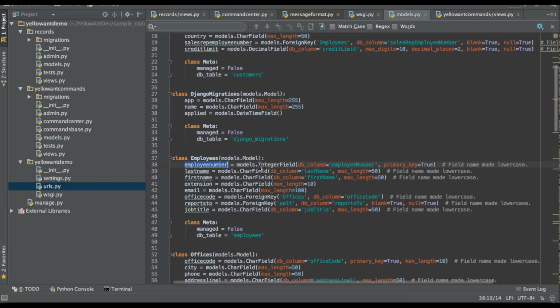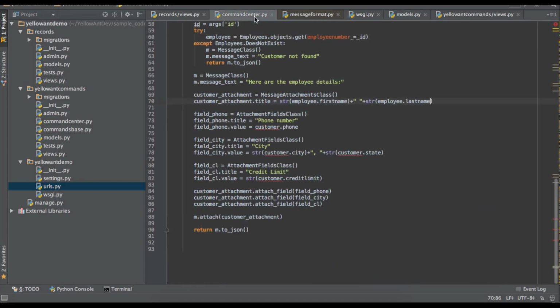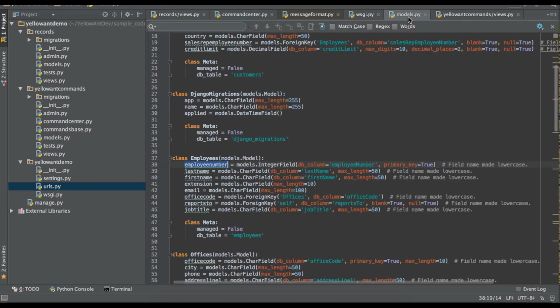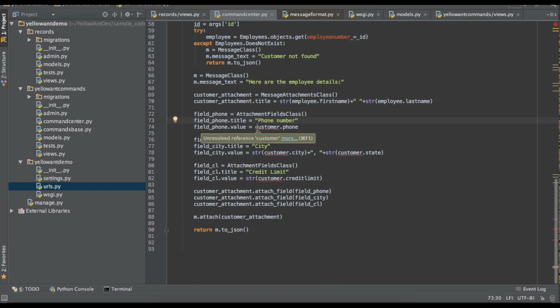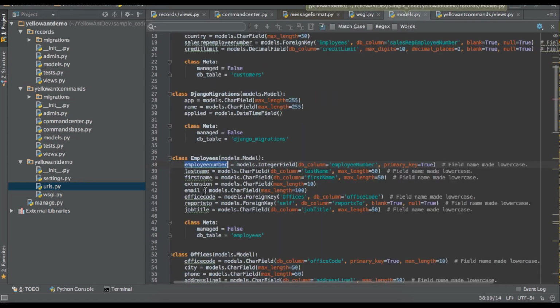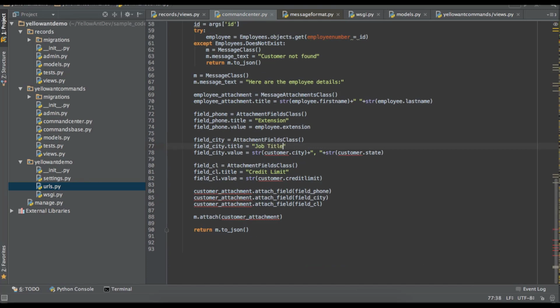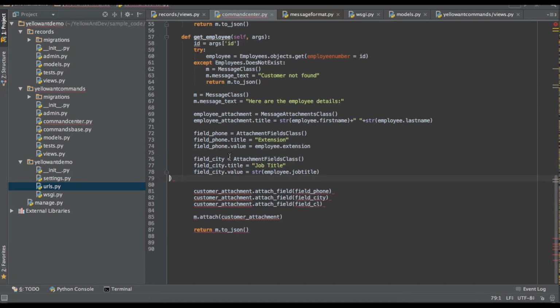Maybe we can add another couple of fields, that is email and job title. Does he have a phone number? Okay, so extension. We have the extension. We have the designation or the job title. That's it. So what we're going to do is, again, just like before,